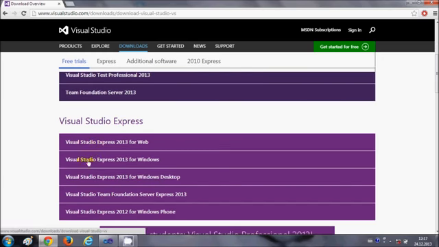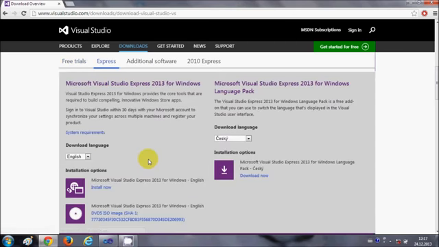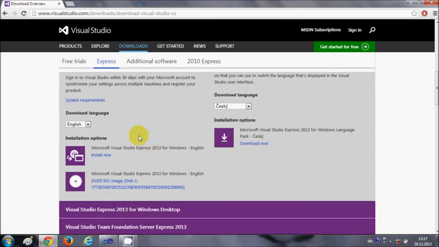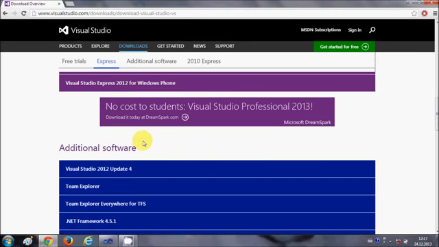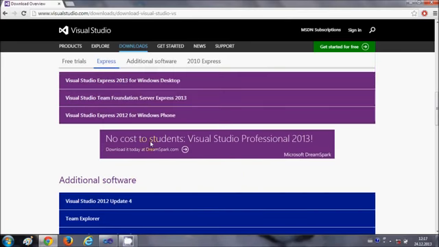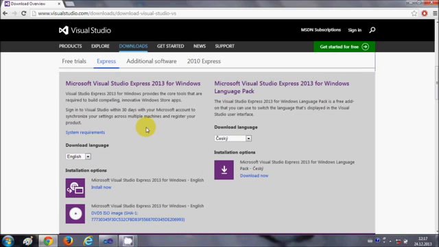And you need to go to Visual Studio Express for Windows and choose your language, and you can install it by downloading it. It's pretty easy and straightforward to download Visual Studio Express and install it in your computer.